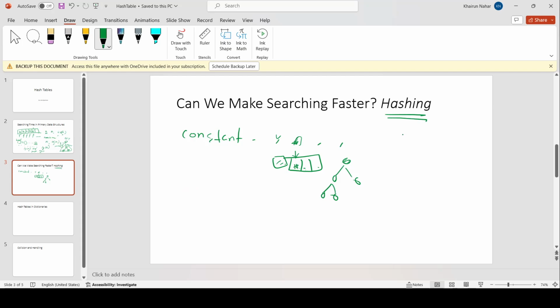So hashing is a technique that answers this question: can we make searching faster? So hashing কি জিনিস? হ্যাশিং হচ্ছে একটা টেকনিক, say it's a box. Hashing is a box